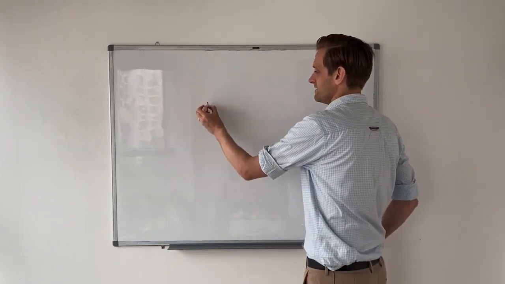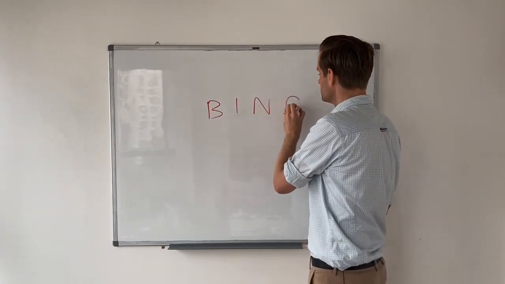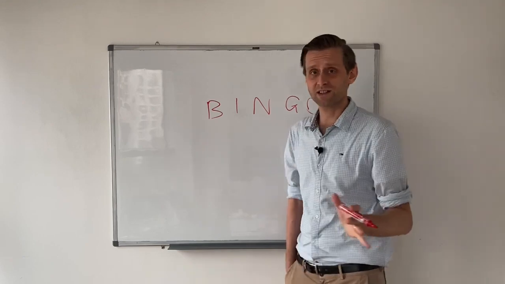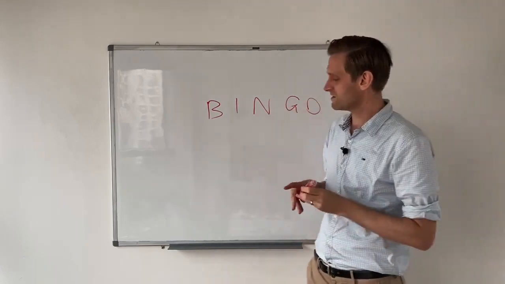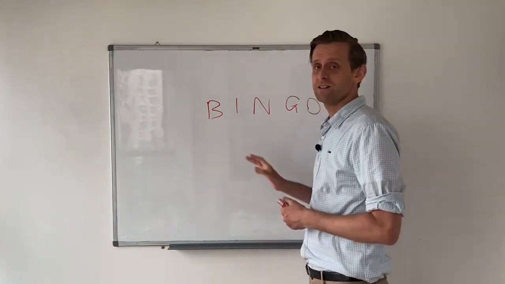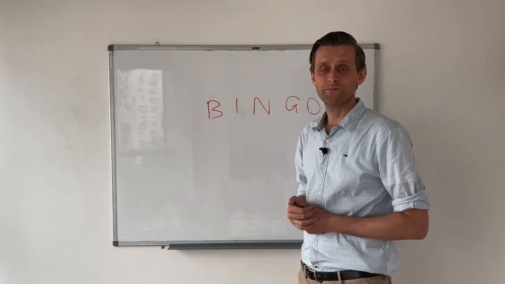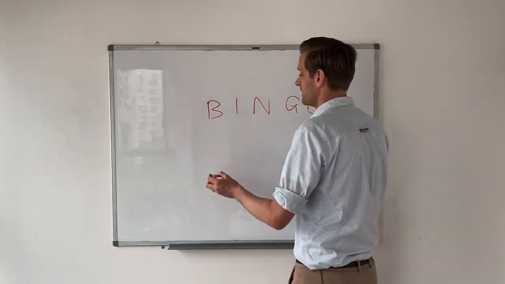Instead of having the bingo as in the song, there was a dog, Bingo was his name, oh. Instead of having this song with B-I-N-G-O, you let the students choose their own letters to fill in this word. So instead of B-I-N-G-O, we might have